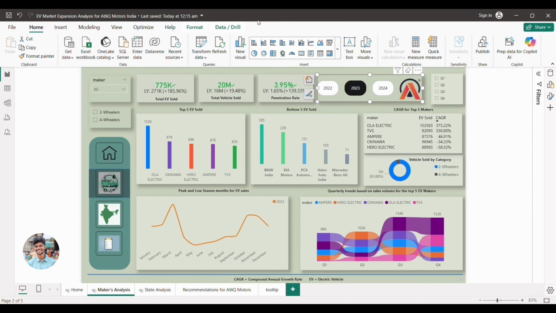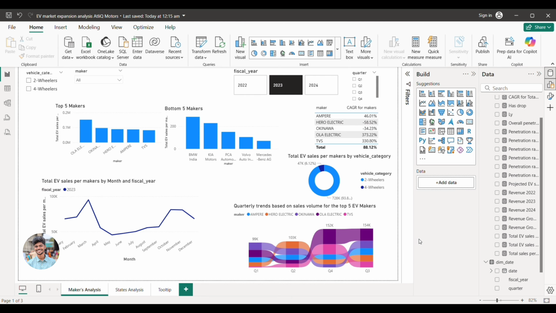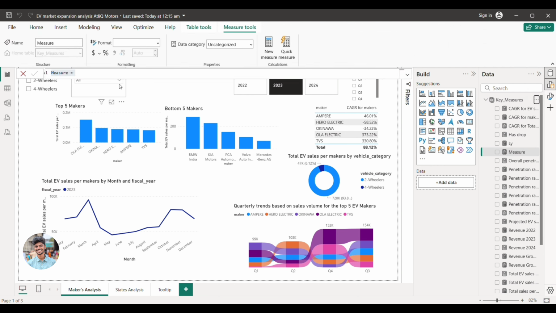You can see here that we need to create two measures. One should show the current year value and another one should show the previous year value. And I will tell you how to do that. It is very simple. I am going to create a new measure. Call it total EV sales per makers last year, that means LY,